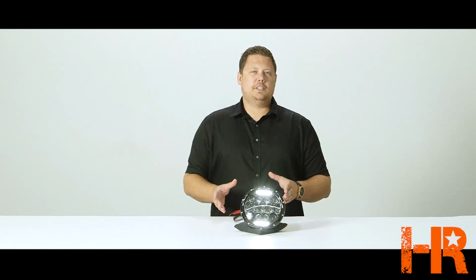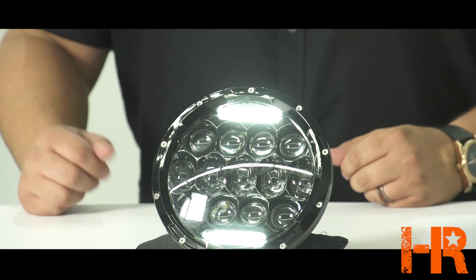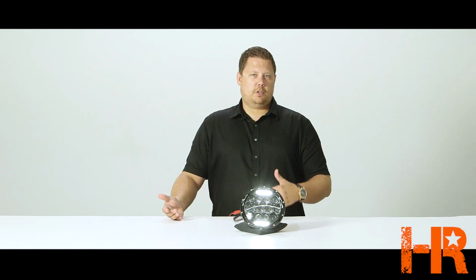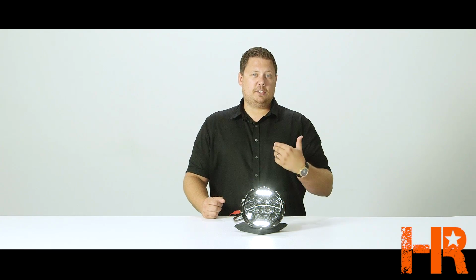In front of me is a new style, pretty unique headlight. It comes from China. We actually saw this headlight for the first time before anybody started branding it at SEMA in 2014 by a Chinese exhibitor that had come to the show in Las Vegas. And right away, I knew that we had to get our hands on one of these because it was pretty cool. So right there at the show, we ordered some up and tested them,